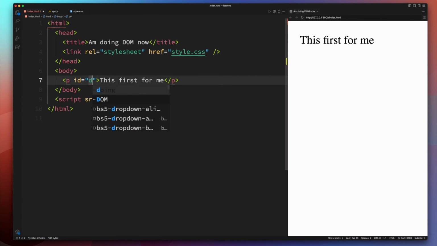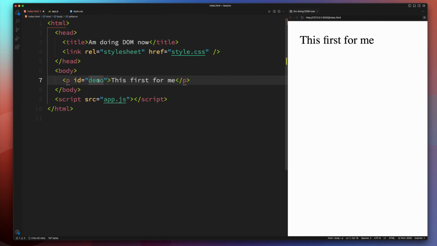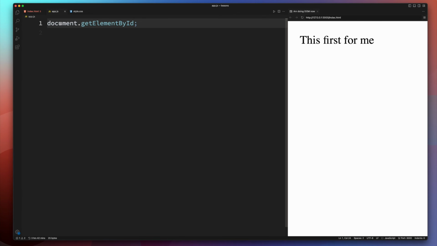So let's give it a name called demo. It means this demo is what we can use to access this element. Remember what we are trying to do? We are trying to get this element using JavaScript. You want JavaScript to be able to access that element. And what we've done now is to do